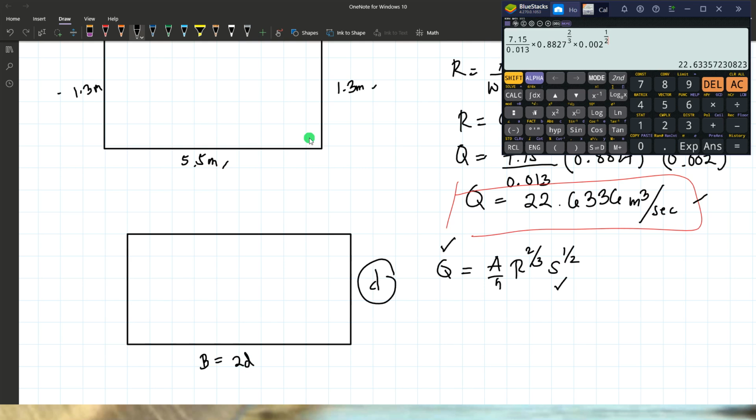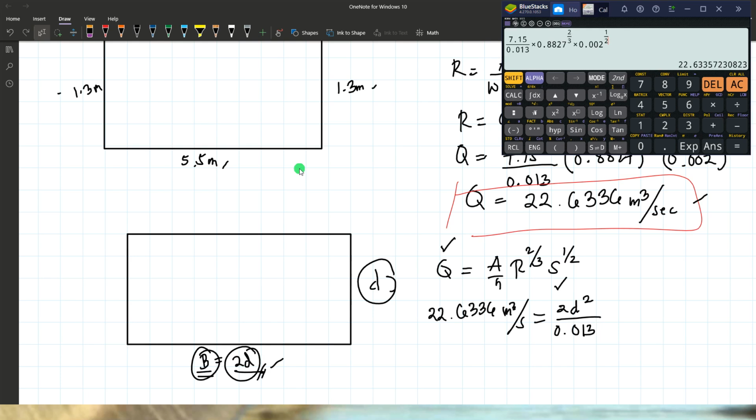So let's determine B and D. Let's express both dimensions in terms of D, since the width B is twice its depth. So let's just represent this width B as 2D. So substitute now: 22.6336 cubic meters per second equals the area. The area here is D times 2D, so that's 2D squared, over n. N is